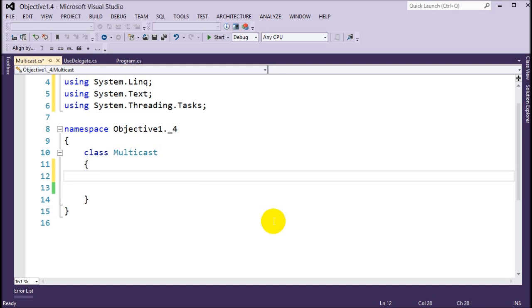Then that will still work. And contravariance is just like that, but instead we're talking about parameters. So contravariance permits a method that has parameter types that are less derived than those in the delegate type. So if you just follow those two rules,